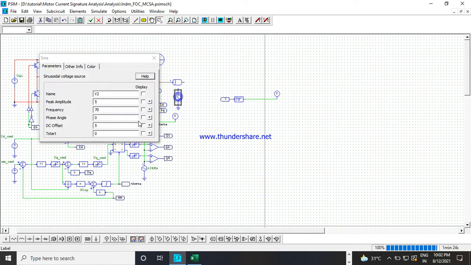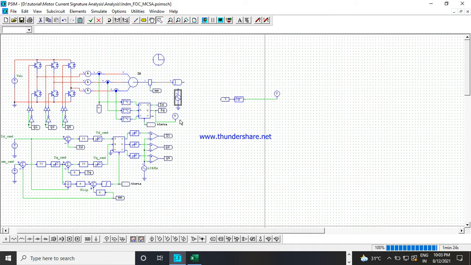Here I am injecting a fault frequency in the torque, which is 70 Hertz. We will find out, from the current signature analysis, what that frequency component actually is.